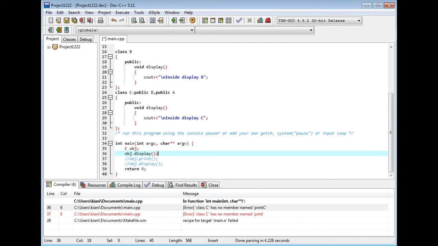So this individual function is called polymorphism. Every class has different behaviors with the same object, different behavior. Okay, so let's see.